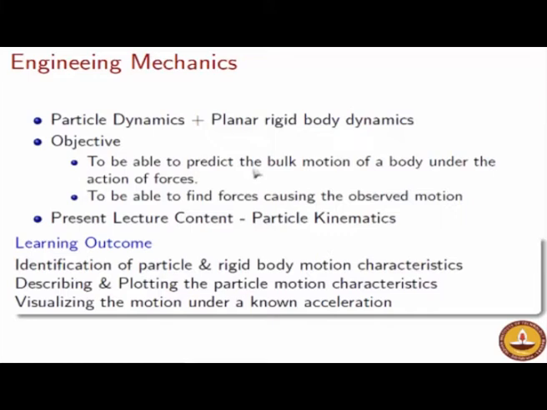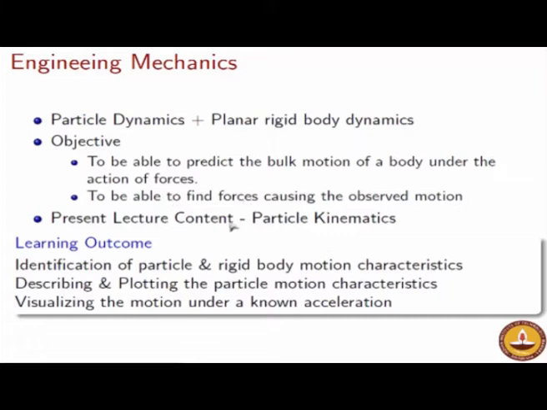And for such bodies, as we just said, we are going to have a bulk motion characteristic. The body in totality is going to move, either like an aeroplane or like the freewheeling animation that we just saw. So it is very important for you to predict either kind of motion. Through engineering mechanics you are going to predict these kinds of motions given the forces.